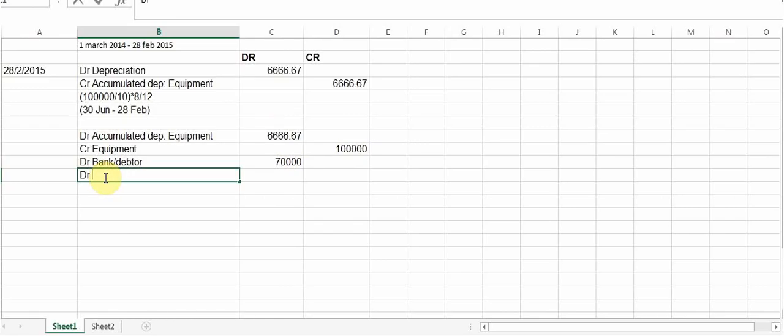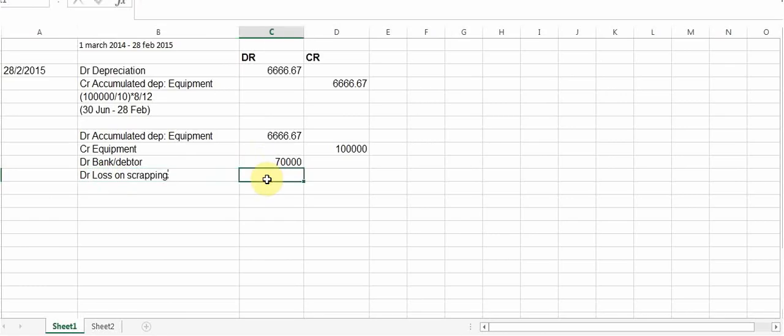And in the instance of a debit, I'm going to debit loss on scrapping, and therefore I will have an expense measured here, and the expense will be the 100,000 minus the other amount, and that means I'm running here at a loss of 23,333 rand. It's important to remember that since it's year end, we must also measure depreciation